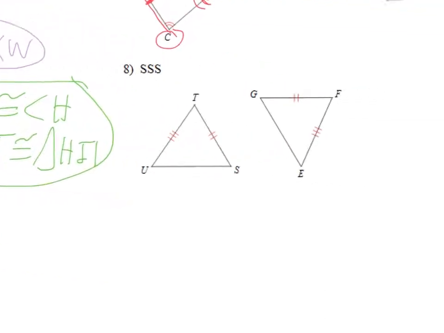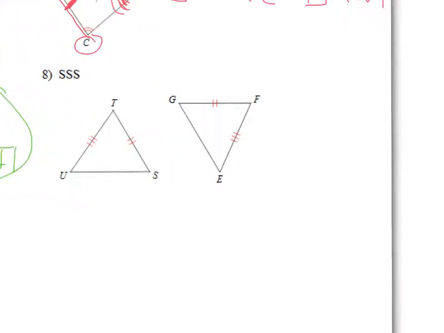And the last problem, we would prove it with side, side, side. All the sides have to be congruent, so this segment has to be congruent to this one. So US is congruent to GE. Now, if that's the case, then we can prove the triangles are congruent, so our congruent statement is going to be triangle